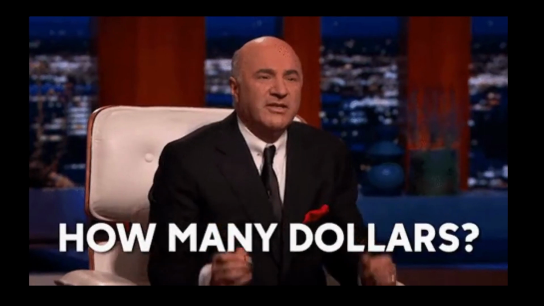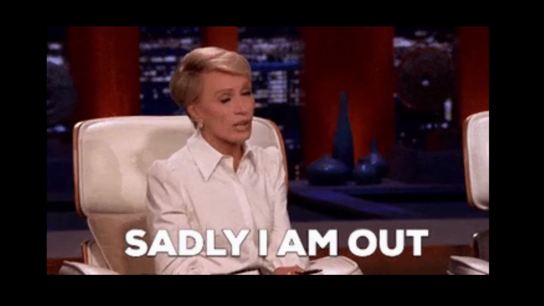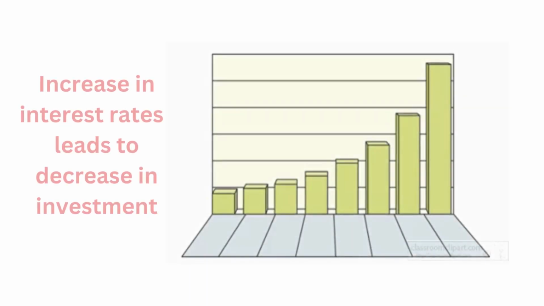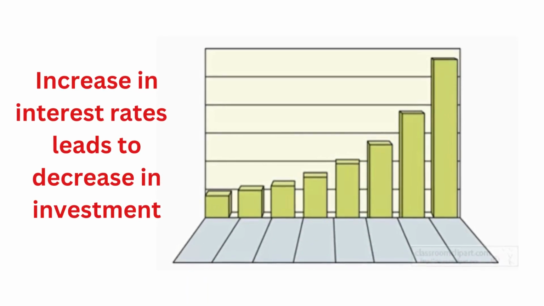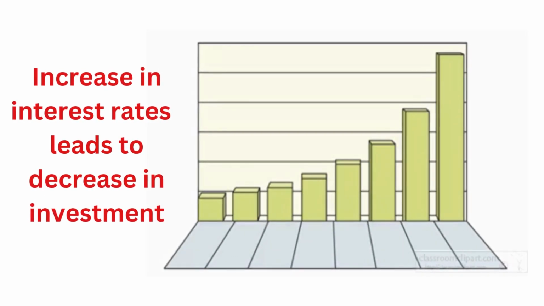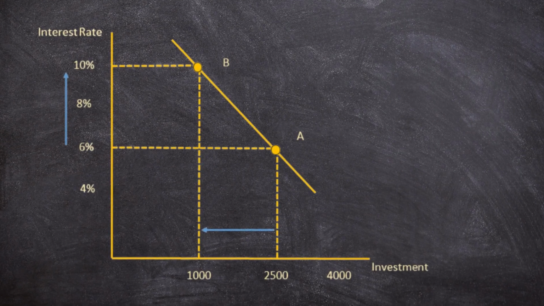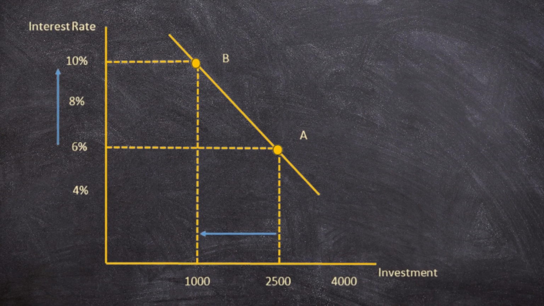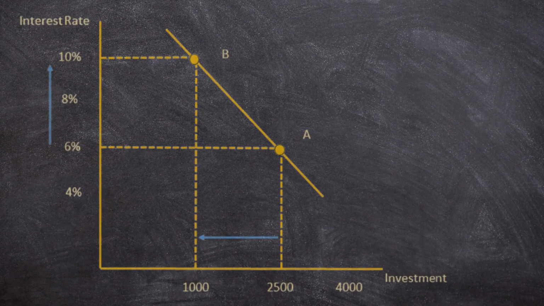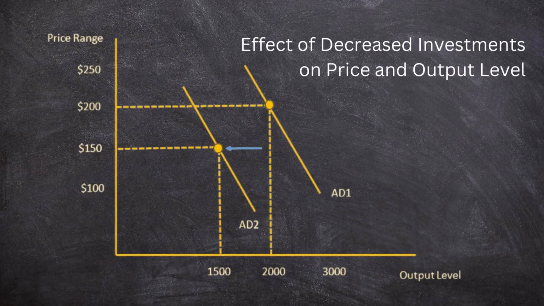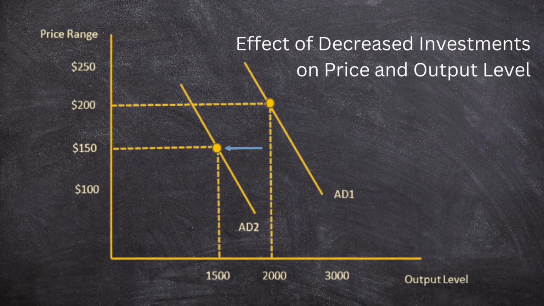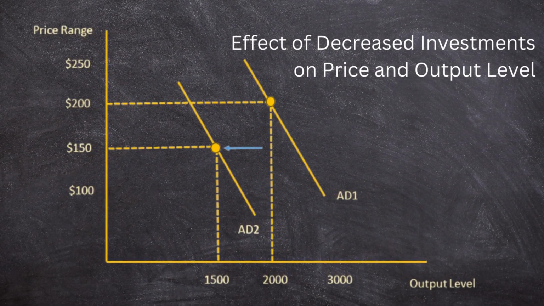Now let's consider a situation where investment decreases. This can happen when businesses are pessimistic about the future, or when interest rates increase. As you can see, a decrease in investment shifts the aggregate demand curve to the left, which signifies the decrease in aggregate demand. Now the graph shows the effect of a decline in investment level resulting in a lower output level and